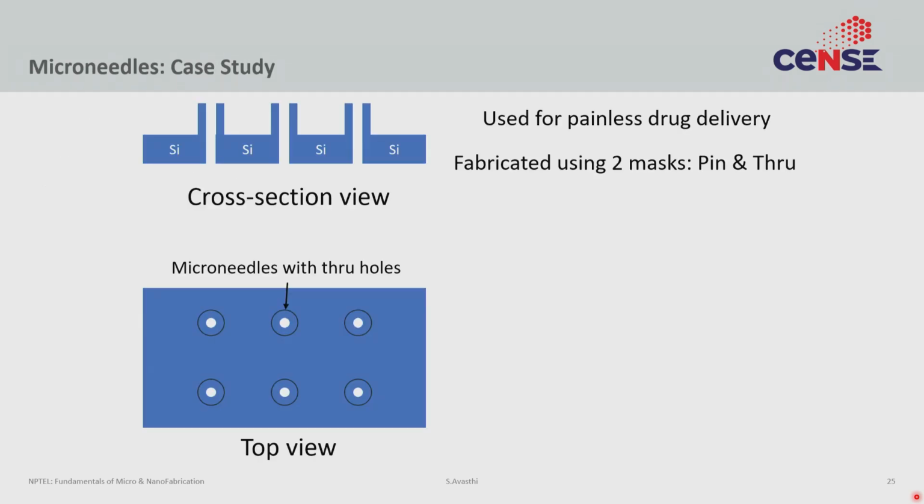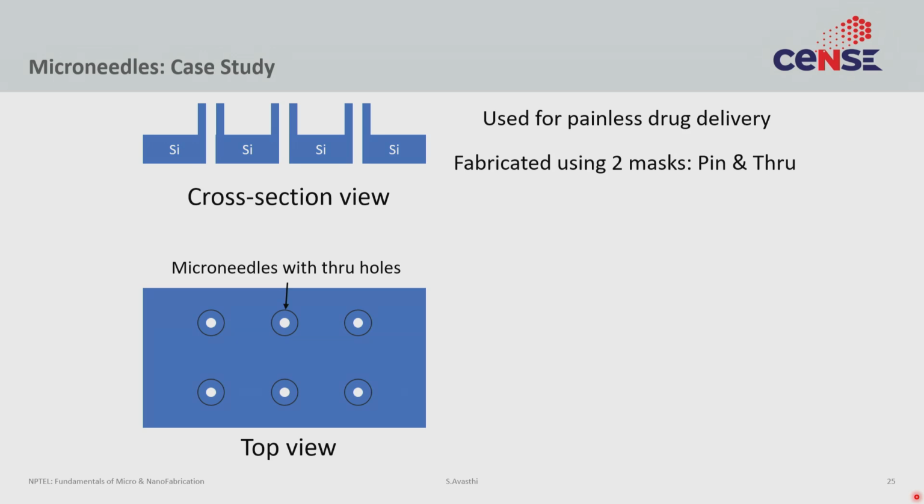So a good case study for what such a problem could be is the case of a microneedle. If you look at what a microneedle is, we are trying to use silicon to make these very sharp and small microneedles. And the advantage of these microneedles, theoretically at least, is that they will be able to inject things like insulin into the human body, but without the pain. Right now, syringes are painful because there's this one macro needle that is sort of impaling you, right? And that's hurtful. But if you have hundreds of small microneedles doing the piercing, you might not actually feel it much at all. So that's the idea of microneedles.